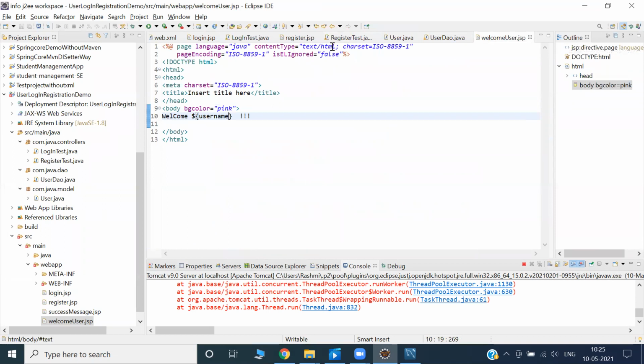Page language Java, correct? It's ignoring. If I give this one, control save. Oh, that time I saved, right? Not saved.